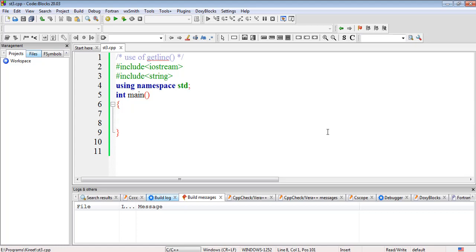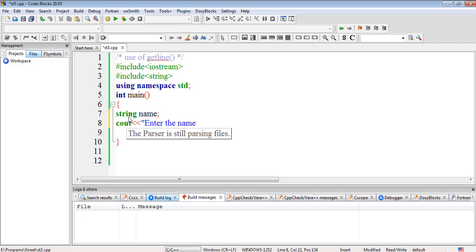So let's declare a string here, string name. I'll write cout, enter the name.